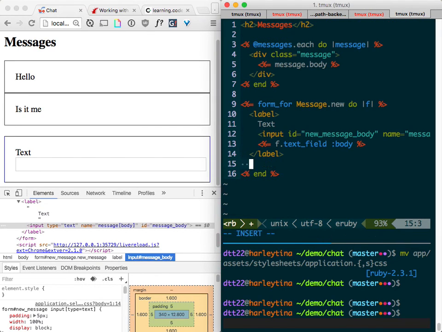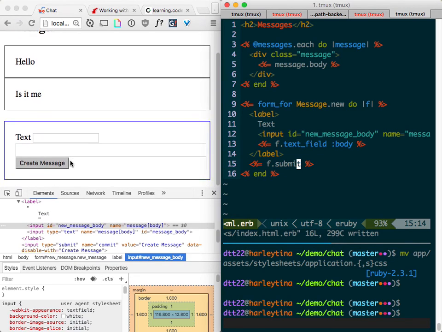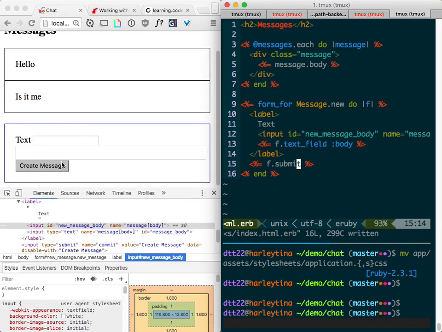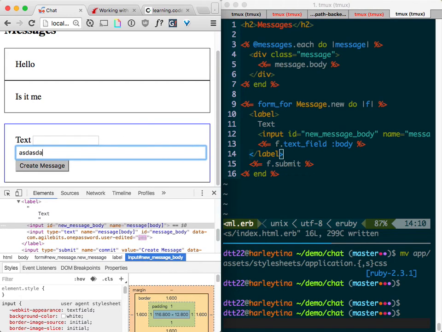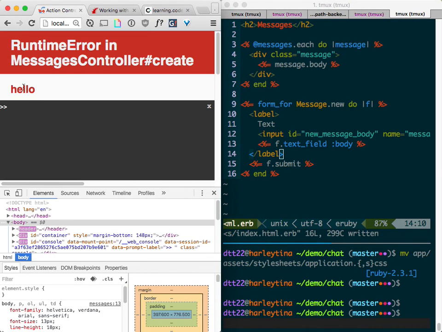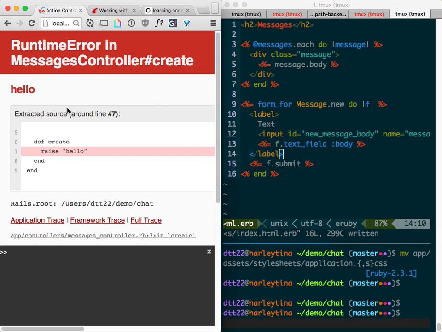I need one more thing. What's missing? F submit. If you leave it empty, it will automatically create the name for the button. It will be called create resource name, create message, right? If it's an existing message, then it will say update message. We already know that. So if I now type something and press enter, it's submitting to my page, and